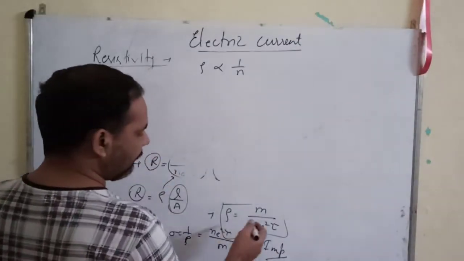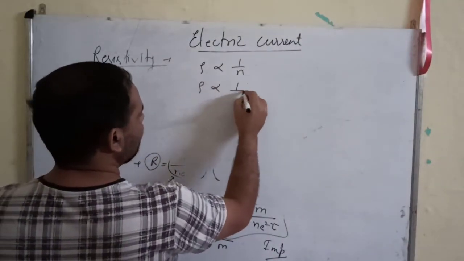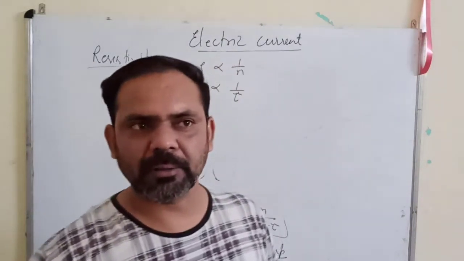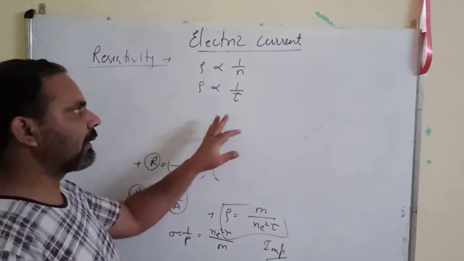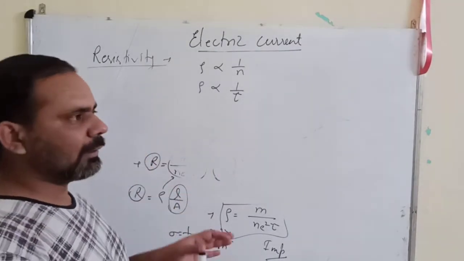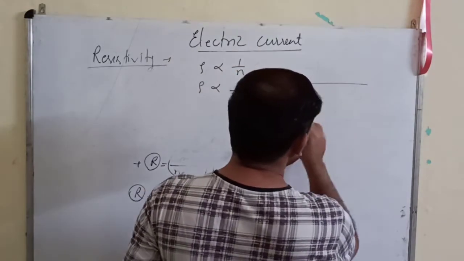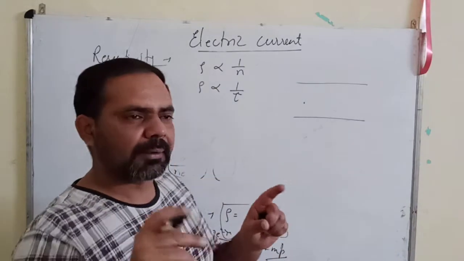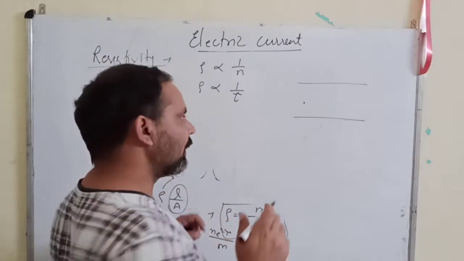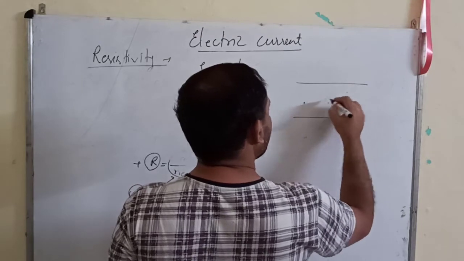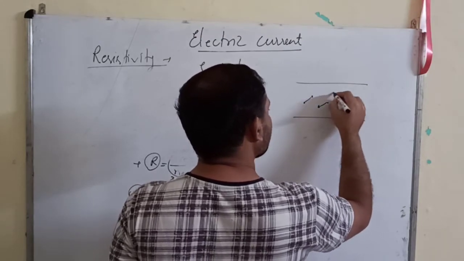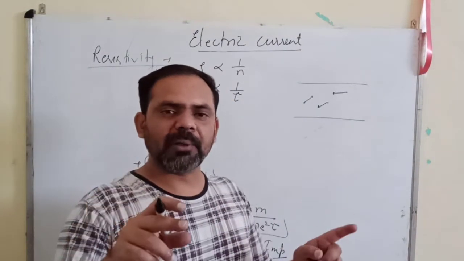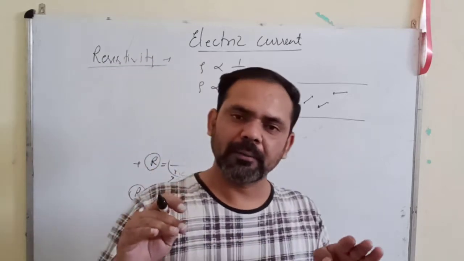As well, you can see from here that rho is inversely proportional to tau also. Tau means the relaxation time period. Now, on what will this relaxation time period depend? In a conductor, the relaxation time period is the time interval between two successive collisions. Now, suppose the electrons in a conductor are moving slowly in random directions. If they move slowly, then what will happen? The number of collisions per unit time will be